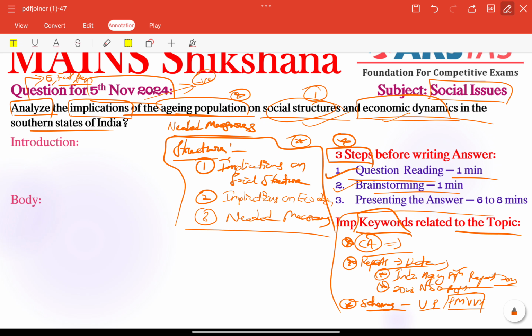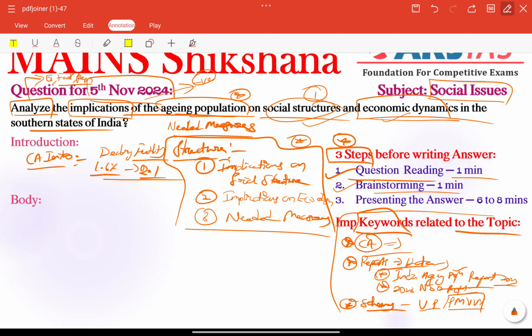So let's start our introduction part here. Writing a current affairs intro is very important in the beginning part, right? Especially here we can talk about the recent Andhra Pradesh Chief Minister statement. Especially he pointed to a declining fertility rate in the southern states, which has dropped to almost 1.6, well below the national average of 2.1, right? So these particular statements reflect the aging population trends in South India, right?